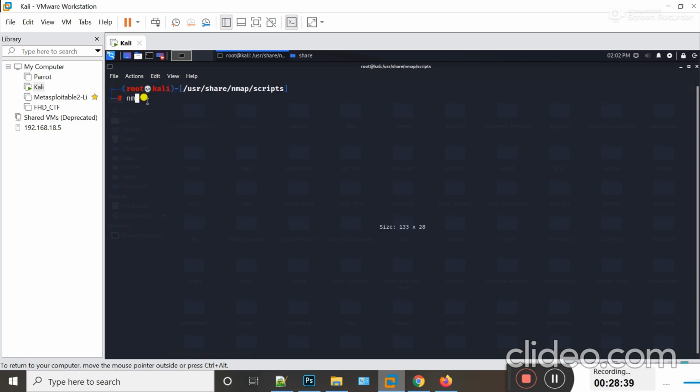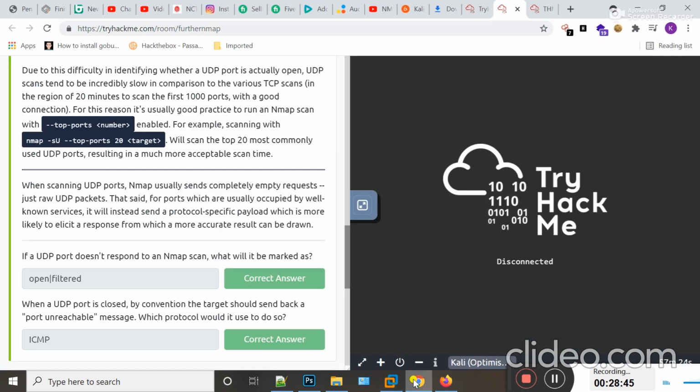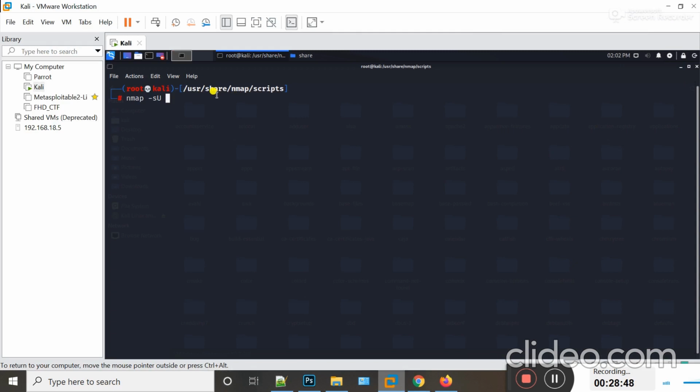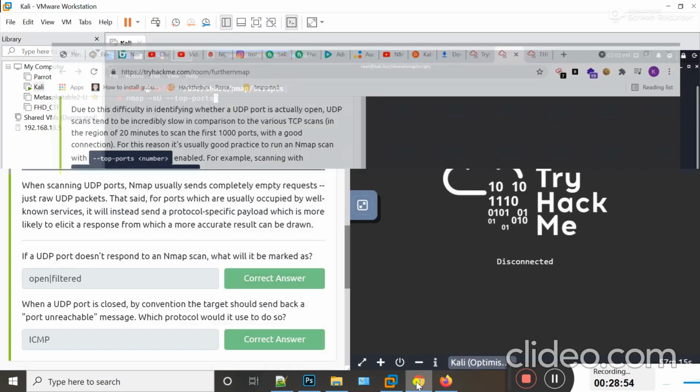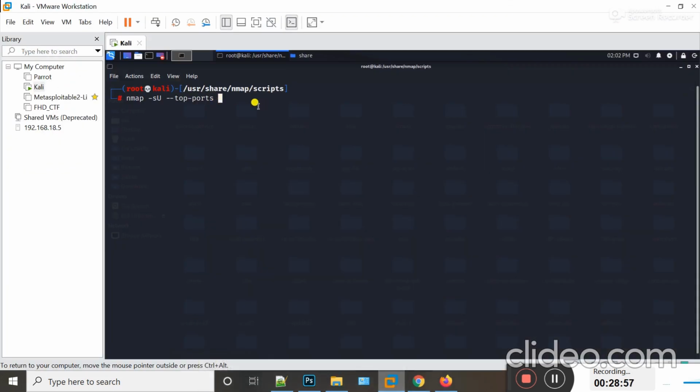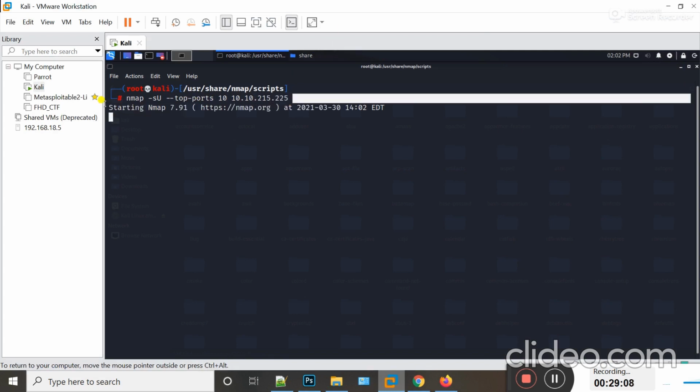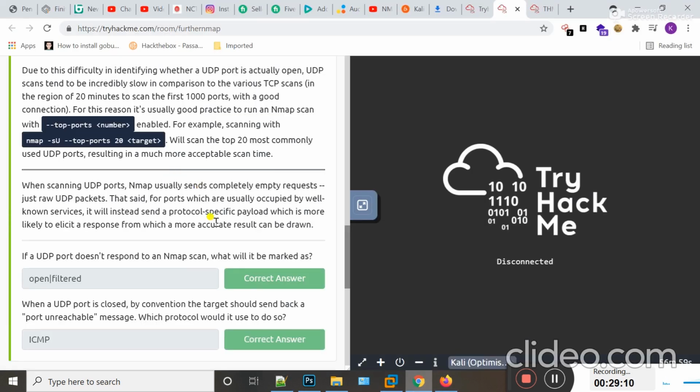I type nmap, then the -sU switch for UDP scan, and then --top-ports, and I can choose how many ports I want to scan. Let's type 10, then the target IP address ending in 225, and hit enter. Guys, this syntax will scan the top 10 UDP ports.